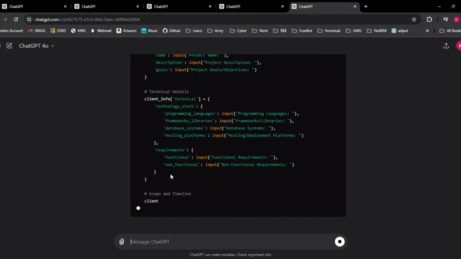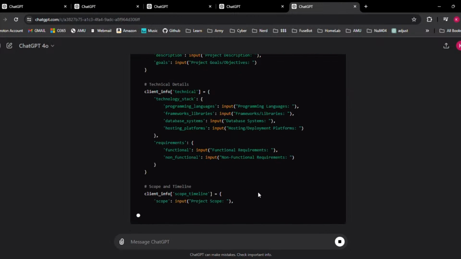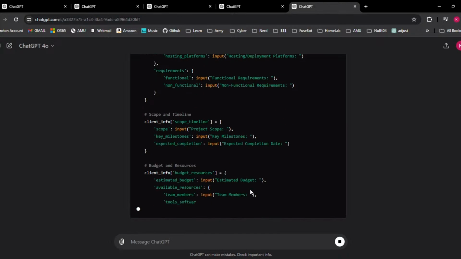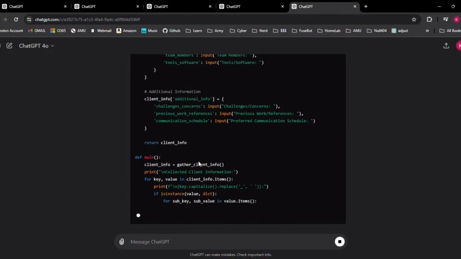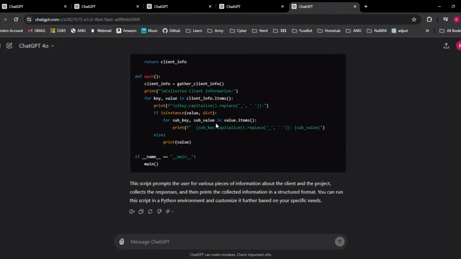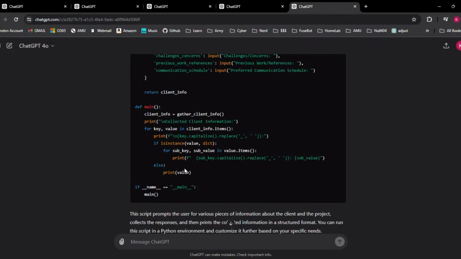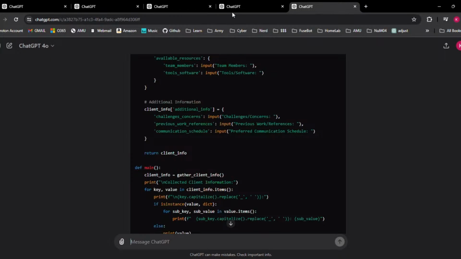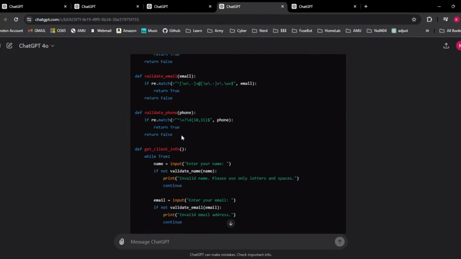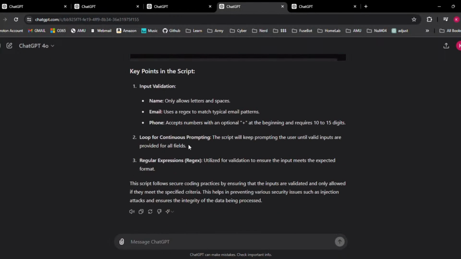It's not doing any input validation. It's very basic. If you didn't put that additional information like input validation and all those other things, it just prevents capitalizations and collects client data. So that would not be safe, especially if you fed it to a backend. The difference is that this is a lot longer, with a little bit more data, but it's not providing any sort of validation. I specified I wanted validation.